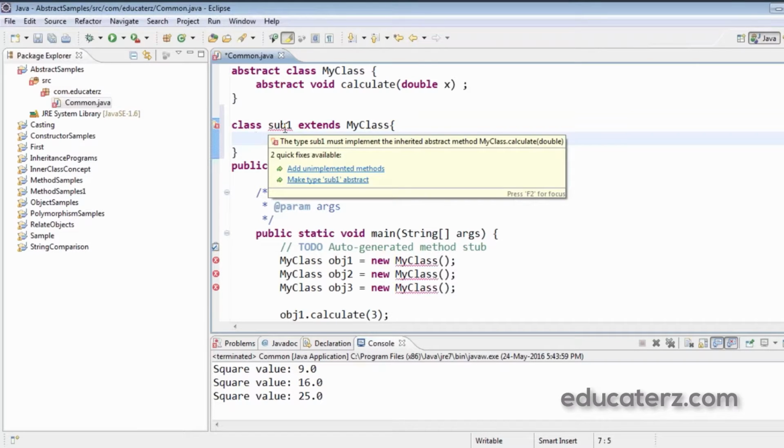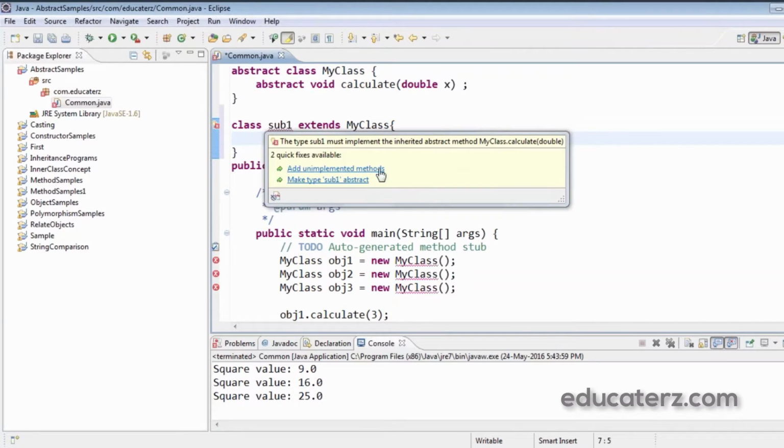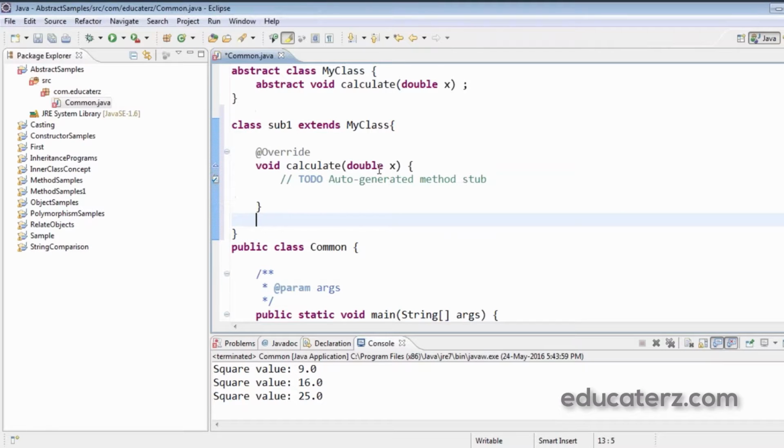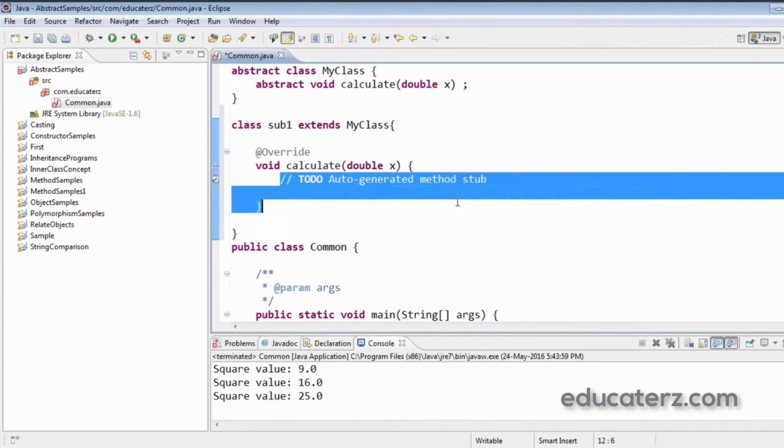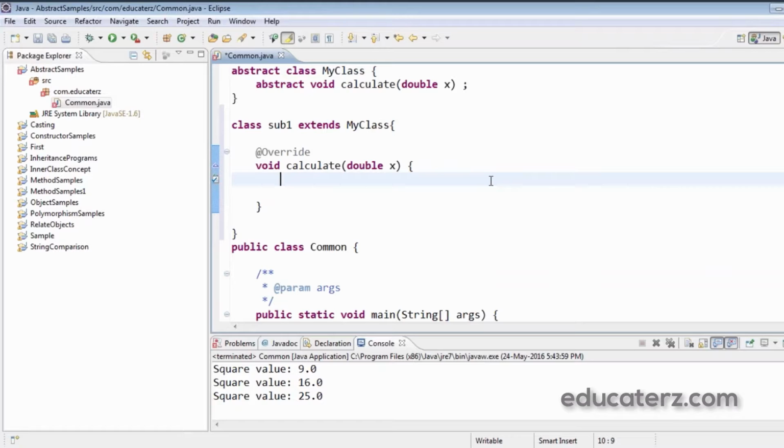So it is showing an error that the type sub1 must implement the inherited abstract method, that is the calculate method. So add that unimplemented method here. Here this method would calculate the square value. So simply say system.out.println, square value is